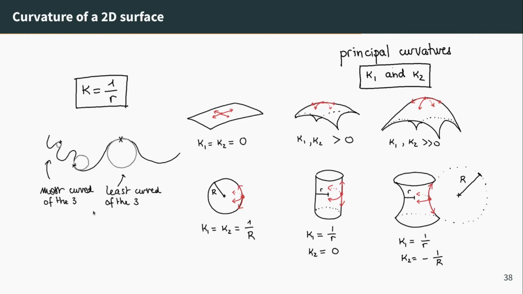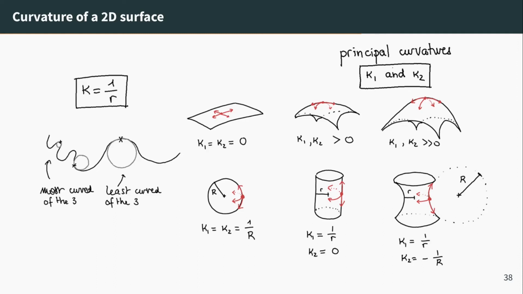Now, what about 2D surfaces? Well, on a 2D surface, you can draw curves. You can draw straight lines, that we call geodesics. And so a way of defining curvature on a 2D surface is to say, okay, I pick a direction, I draw the straight line. So think on the plane, a straight line, on a sphere, a great circle, and I compute just the curvature of this one-dimensional curve. And you do that for all directions, like you turn around 360 degrees.